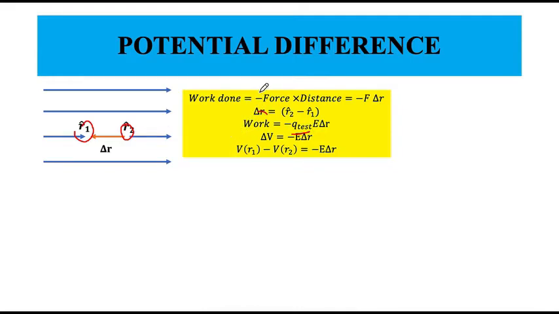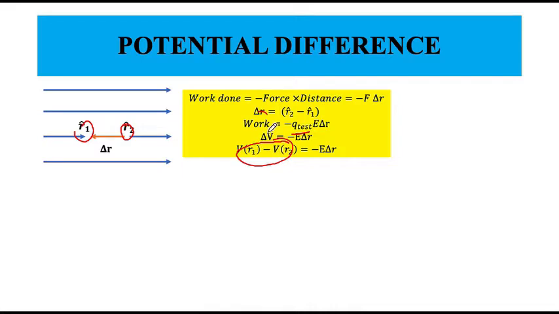Although here we have shown this work done, we should actually think of it as a differential amount of work done, that is, the exact amount of work done that we need in order to move charge from R2 to R1, assuming that charge is already moved from some point R2. So in essence, what we are getting from the equation is not absolute potential, but the potential difference between R2 and R1. Okay, so with reference to some zero potential, this quantity that we have just written down is actually the potential difference between R2 and R1.